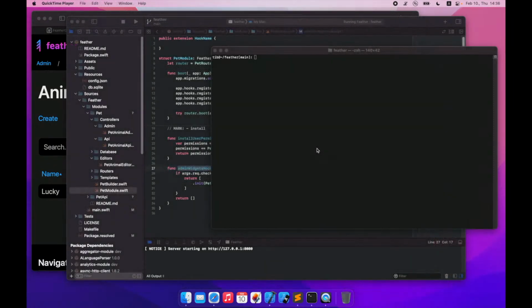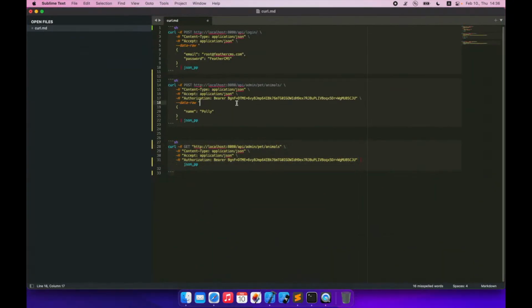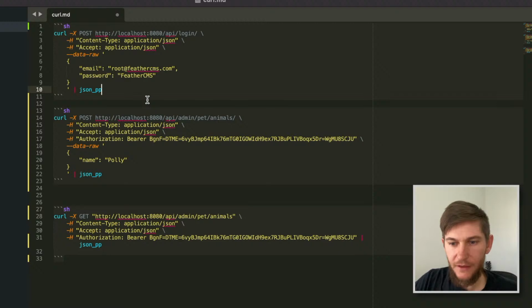Before we finish this session, I just want to show you a couple of more things. First of all, I'm going to show you how to log in via a curl request using the API. As you can see, you can send a post request to the API/login endpoint using curl, and you also have to provide your email and password as a JSON string using the body. I'm going to copy paste the snippet,